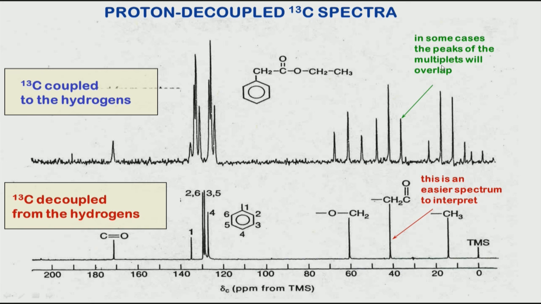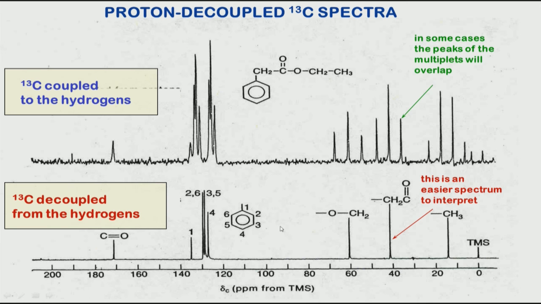In some cases the peaks are overlapping. So this triplet can start overlapping with this triplet and so on. So that looks a little complicated, but now if I do a decoupling from hydrogen, that means I remove all the J coupling between carbon and hydrogen everywhere, then you will get something like this, which looks much cleaner. You can see here I am getting a single peak for every carbon. So by simply counting the number of peaks, I can figure out how many carbons are there in the molecule.